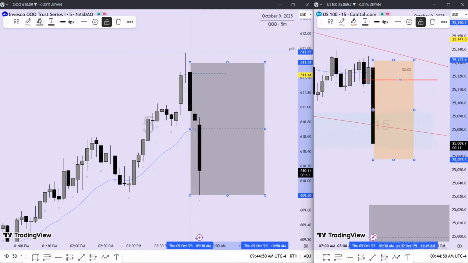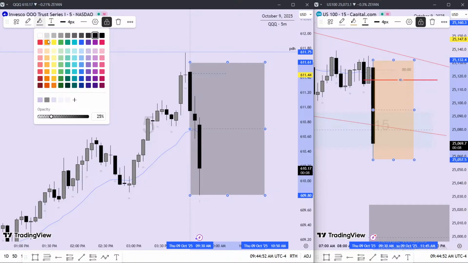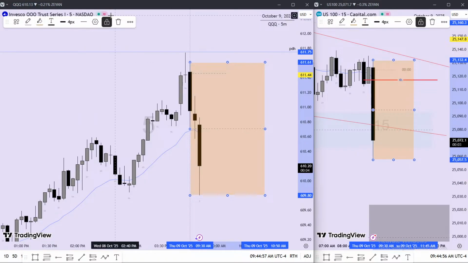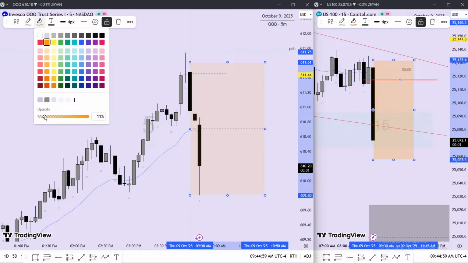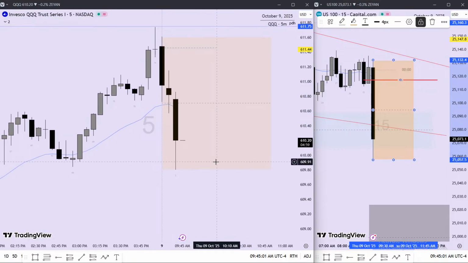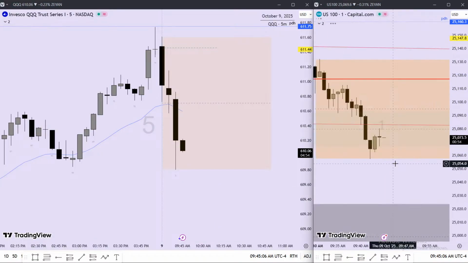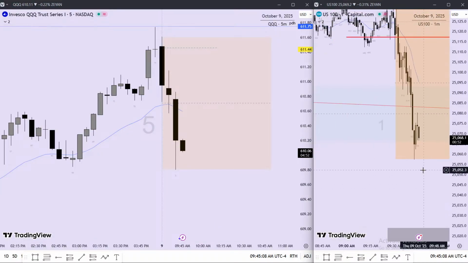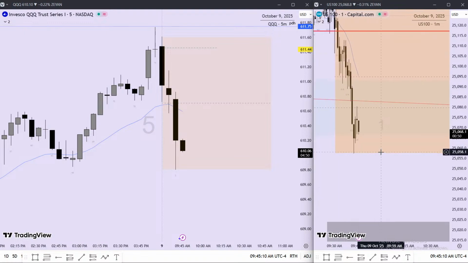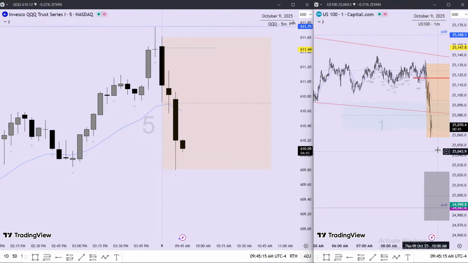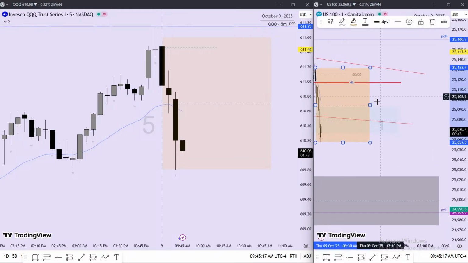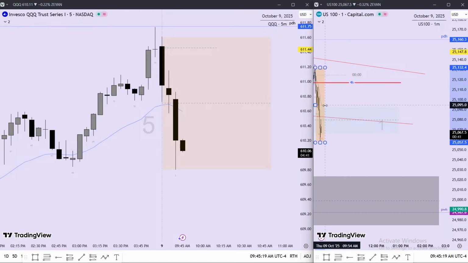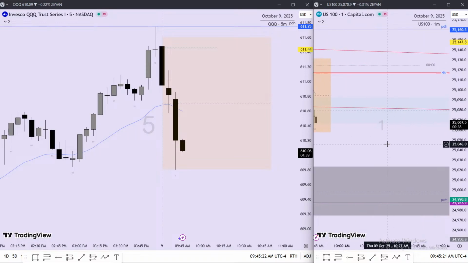See, the opening range is always this blue color, and this color represents the 15 minutes range. Now that we have closed, I'm waiting for the market to give me a closing below this range on a 1 minute. Once it closes below this range on 1 minute, I might take a short position aiming for